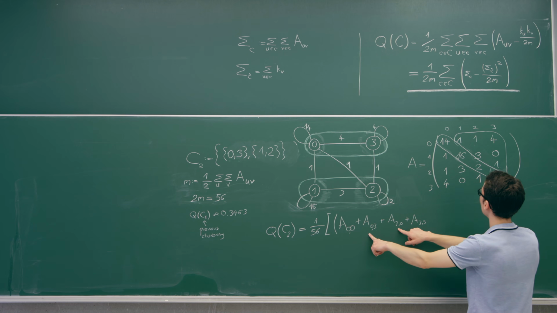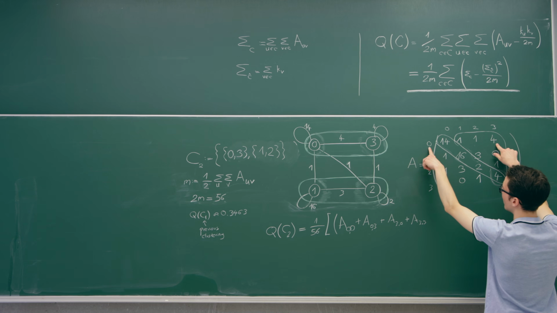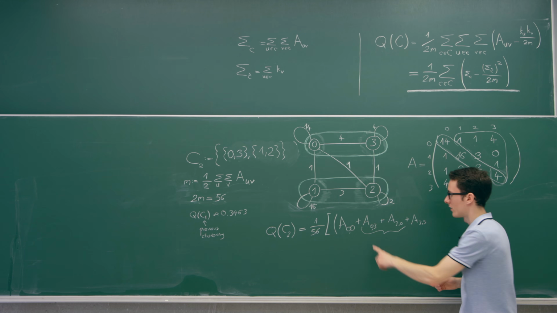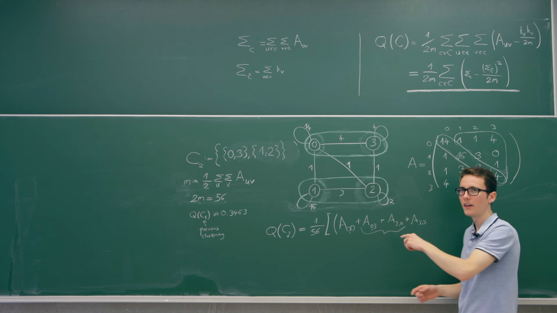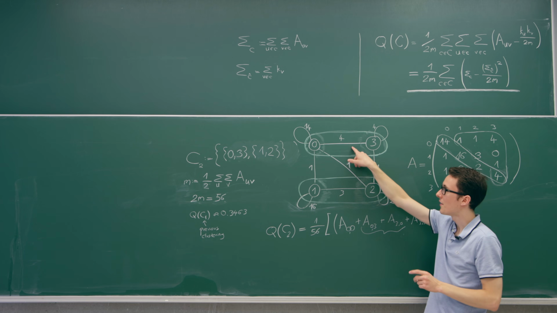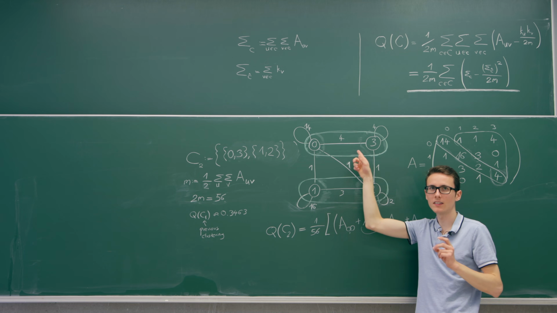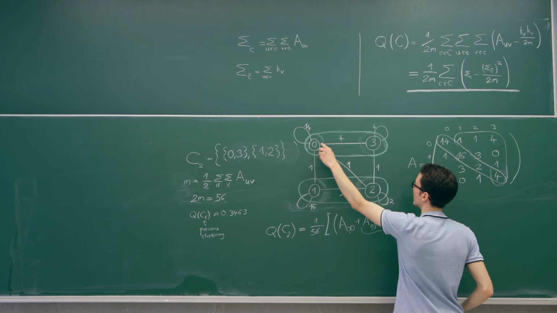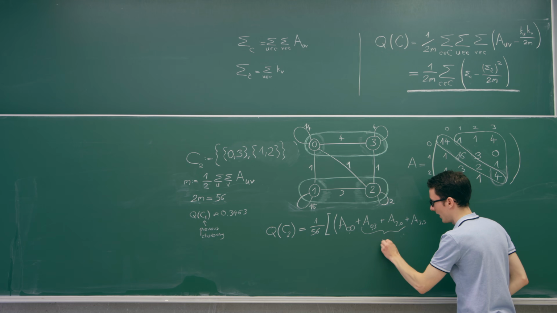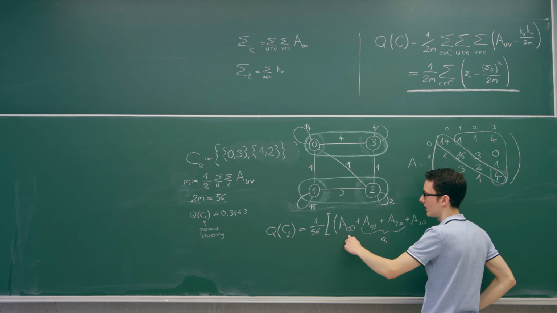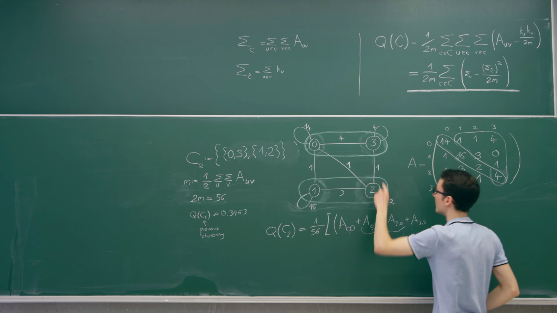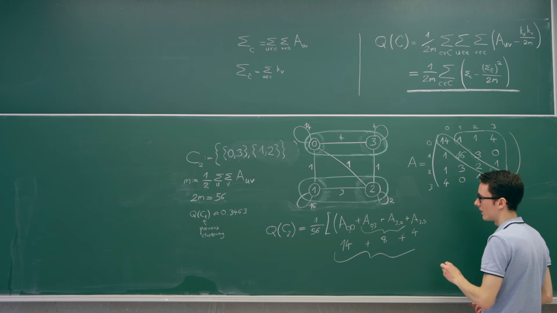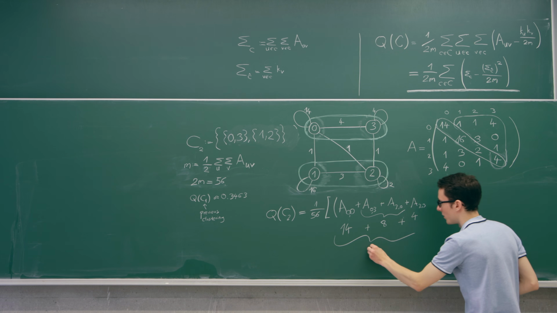These 2 terms are just the same. 0,3 is 4 and 3,0 is 4, as we have an undirected edge here. So this term here will be twice the weighted number of edges with both ends inside our community. So that's only this edge here. That's 8. And then we get A0,0, that's 14, and here we have 4. They are only counted once. So as a sum, we get